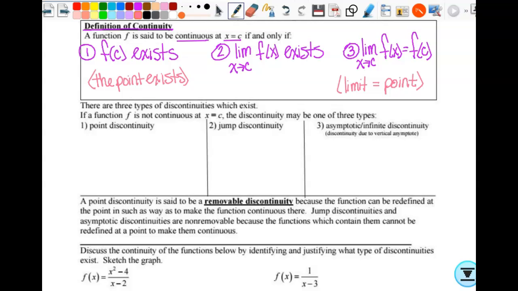Any questions about that? So f of c has to exist. That's something we can test for. We know how to test for the limits. And then if we have this exists and this exists, then they also have to be the same. If they're different, that's a problem. Okay? So we're gonna draw these. It says if a function f is not continuous at x equals c,